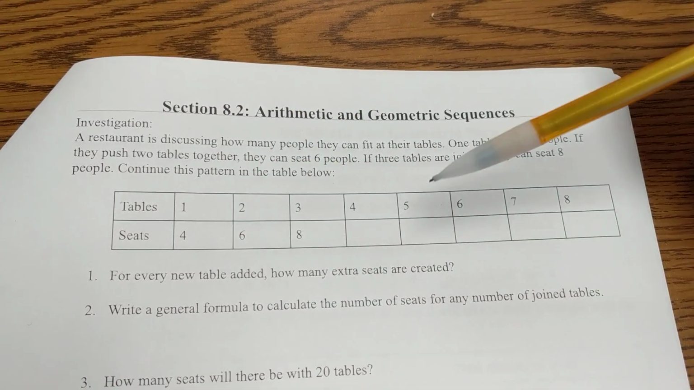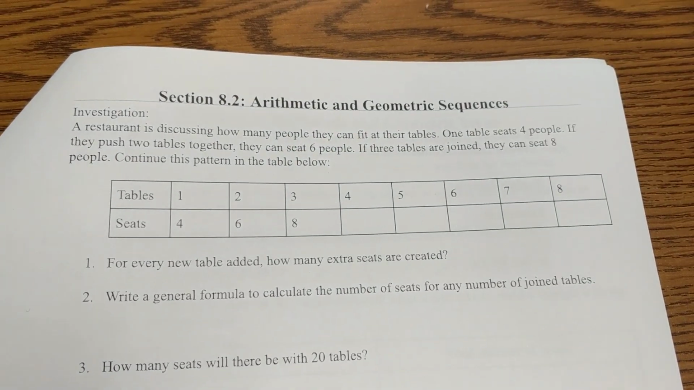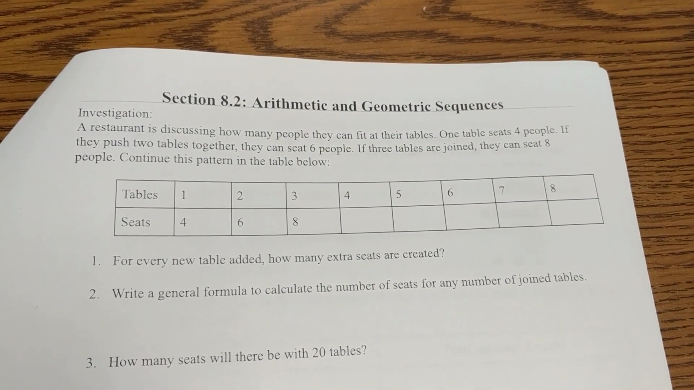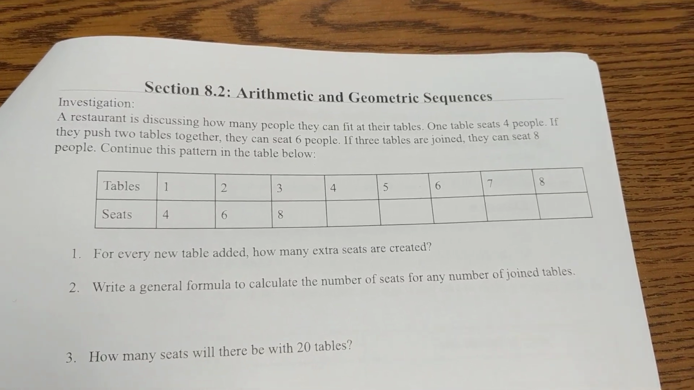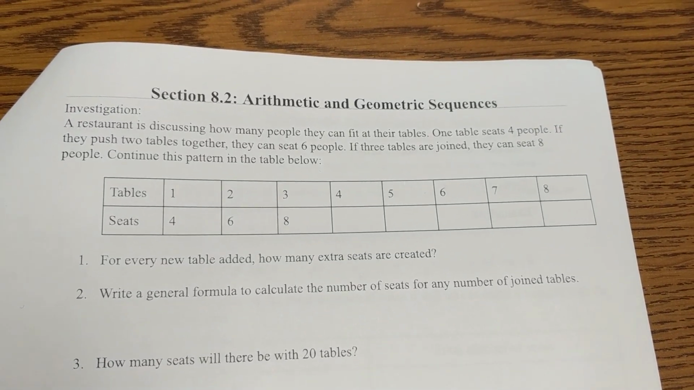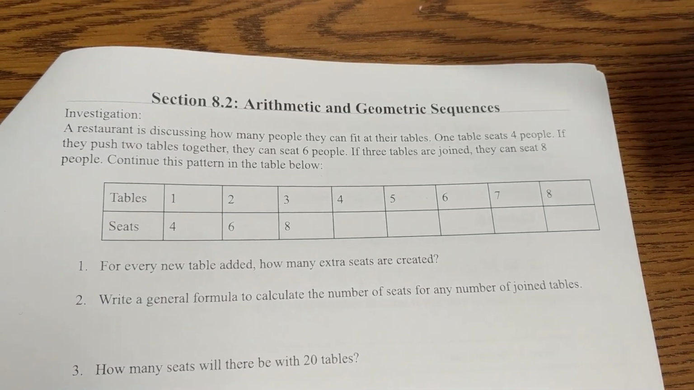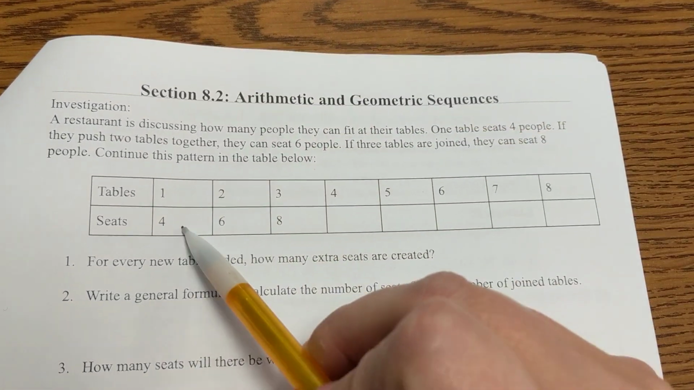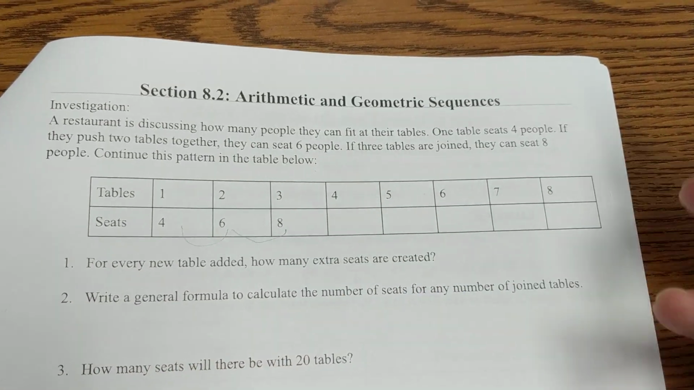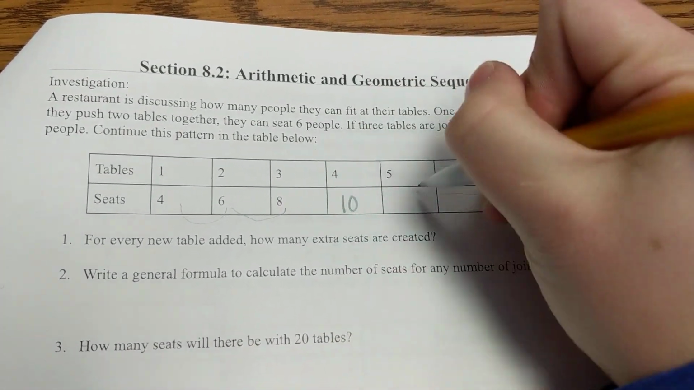So here's a little investigation, and it says a restaurant is discussing how many people they can fit at their tables, and one table seats 4 people. If they push 2 tables together, they can then seat 6 people. If 3 tables are joined, they can seat 8, and that pattern continues. So as we can see, this is going up by 2 people every time. So if we continue that trend,